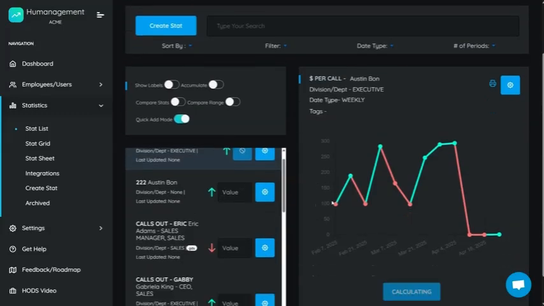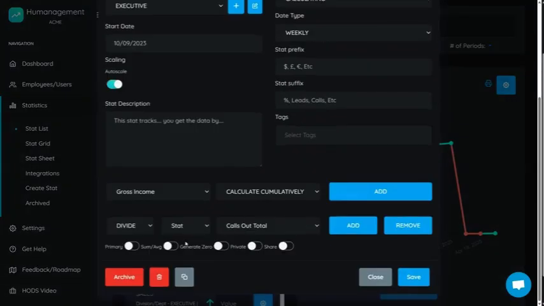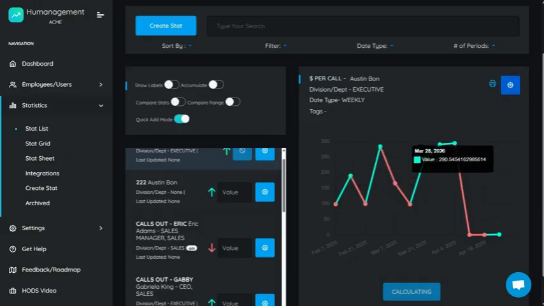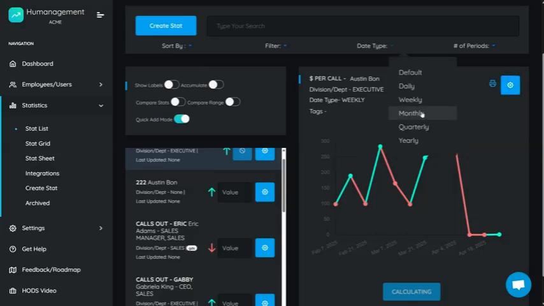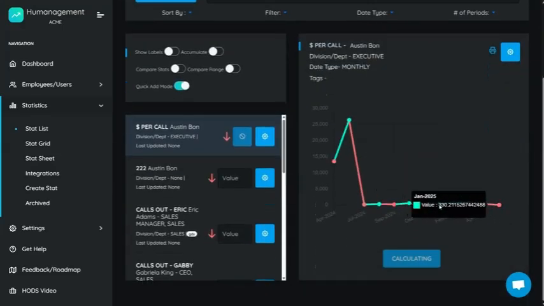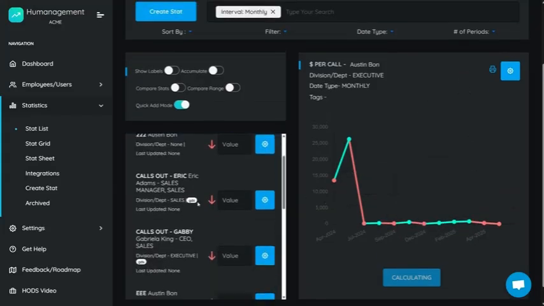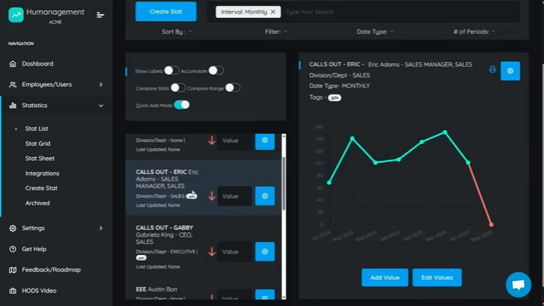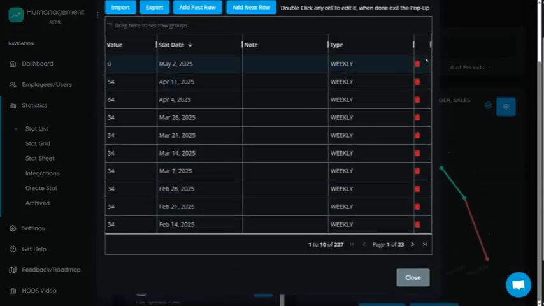And then on the next option down here, we have sum average. That means that when we're looking at something monthly, so here we have a weekly stat, I want to look at this stat monthly, summarizing those values. Easier, right? So it's adding those values together. But what if it's a stat like the number of employees? I don't want it to add those up when I'm looking at it monthly. I want it to instead